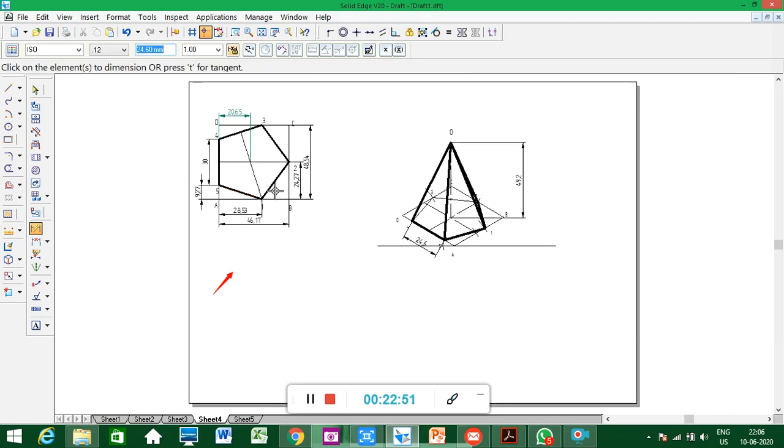So these two problems, the previous problem which I uploaded in a video and this problem, you just practice, and some other problems also. In a similar way you have to practice all the other problems. So from an exam point of view, practice these two problems. I covered pentagon base, hexagon base also, same method. Whatever solids you are having, all 50 problems, everywhere the same method should be followed. Only thing is that you should have the imagination power to understand what the solid is and how it looks in 3D. That much is required. Still more problems will be covered in the coming time. So I'll stop here.